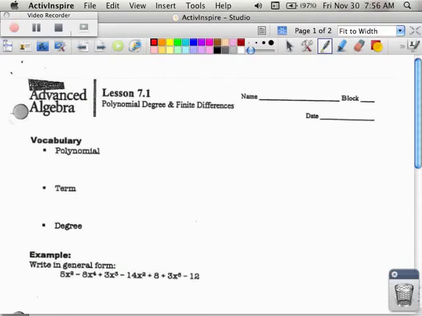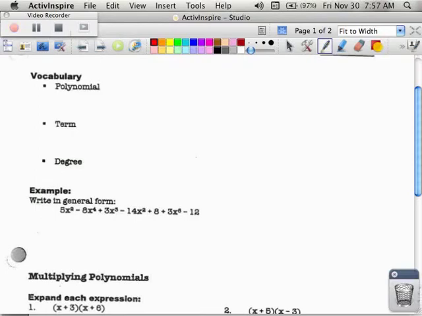Okay, today we're going to talk about polynomials, and maybe you might recall this from Algebra 1 days. We're going to talk about foiling. And when you're working with polynomials, you need to know, first of all, in 7.1, that a polynomial is an